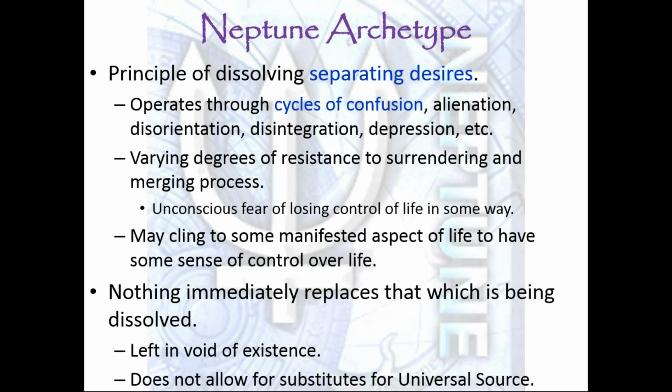Whatever the degree of resistance, it is going to be based upon an unconscious fear of losing control of our life in some way. So we will cling to whatever we've manifested up to this point in regards to the